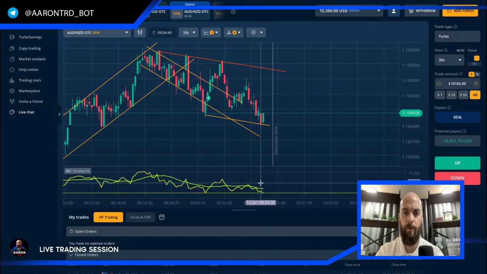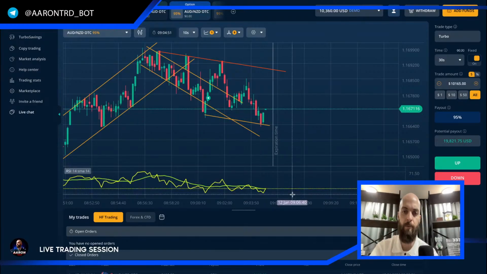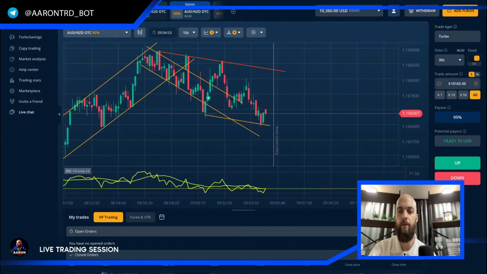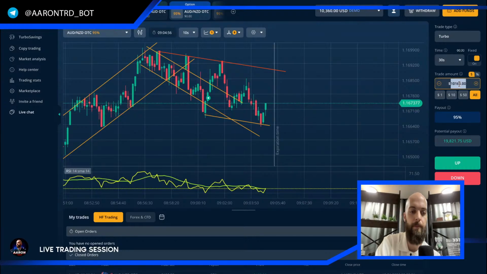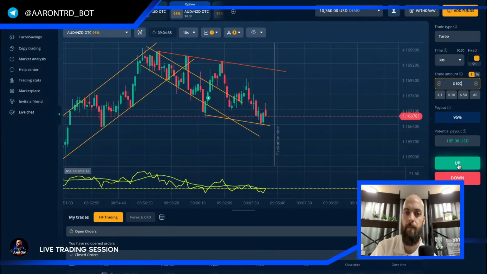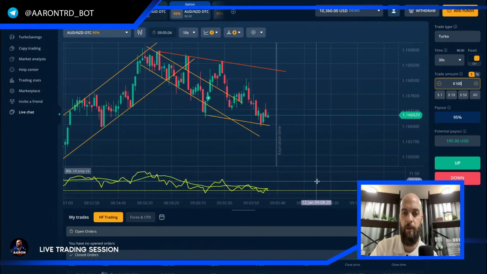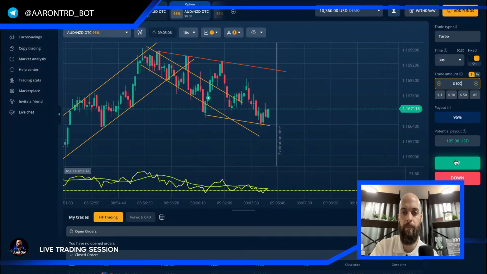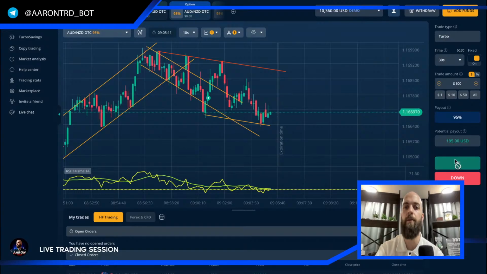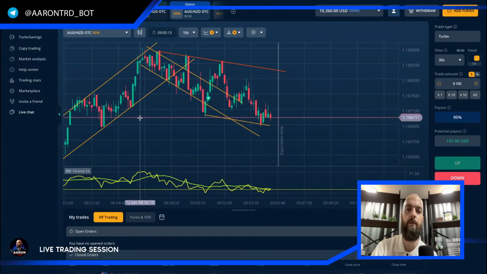I don't know though. I just don't like the way the SMA is moving down. But we got our signal here. So let's go ahead and let's try one. Oh, see, okay, good thing we didn't. Bounced right off our SMA. Let's go ahead right there. I think it's going to hang around, and